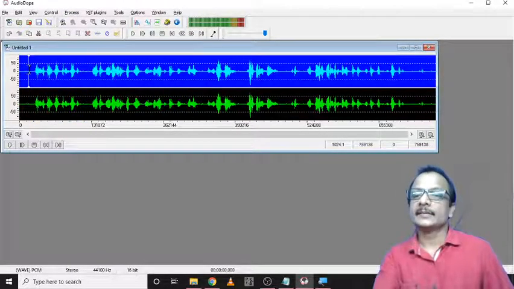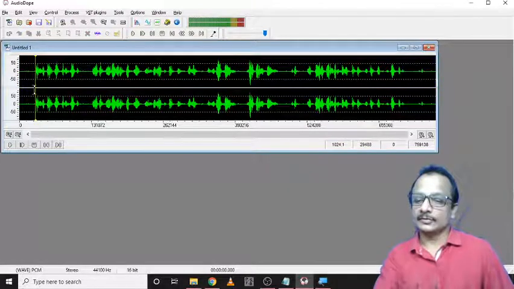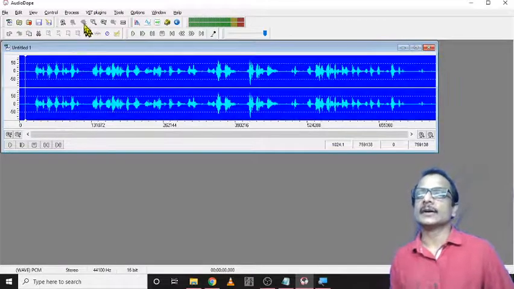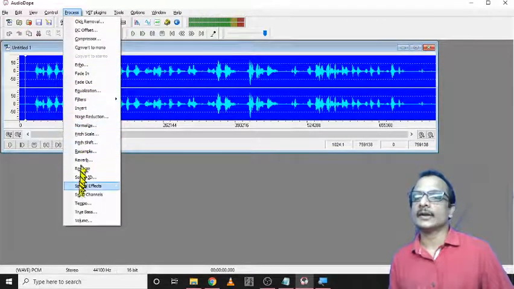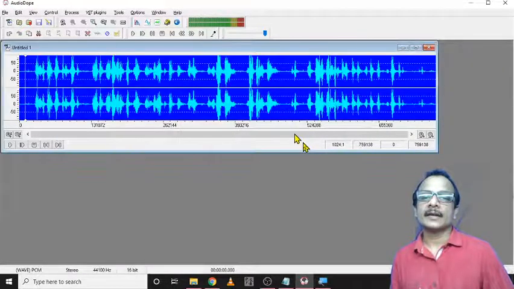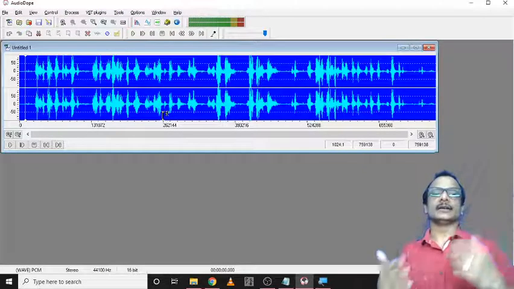I am selecting all the channels, one channel and the second channel, then click process and go for volume. I can increase the volume by percentages and preview it, and it is working. You can see now the volume is increased.